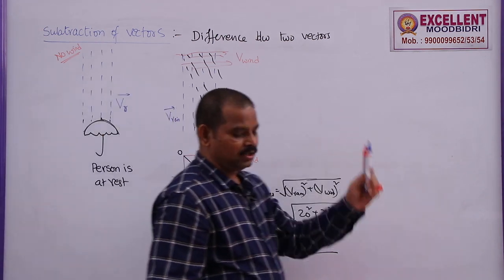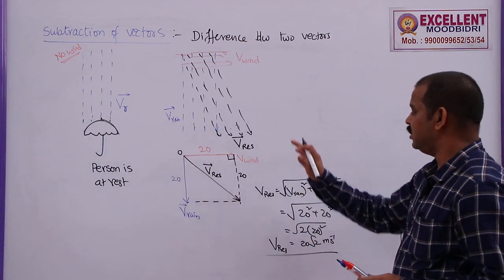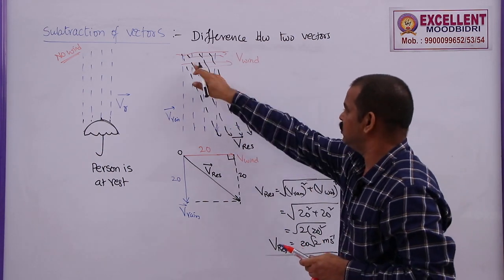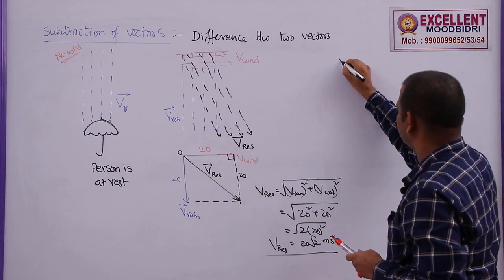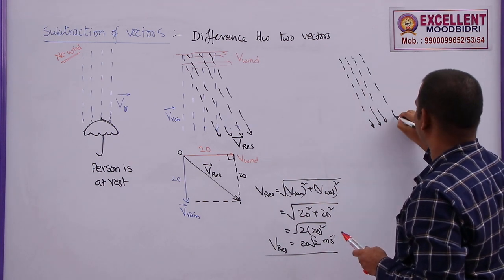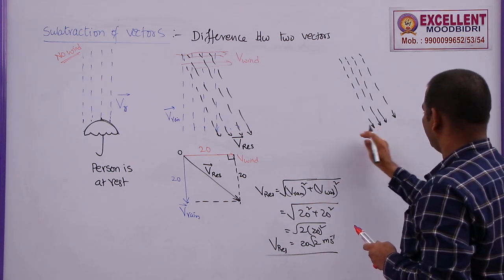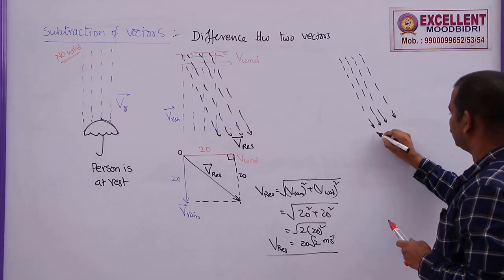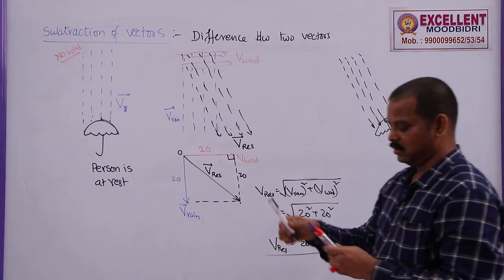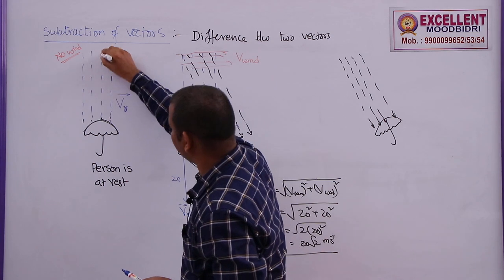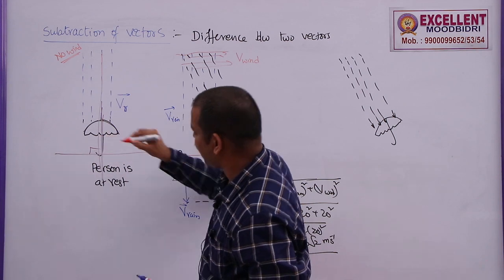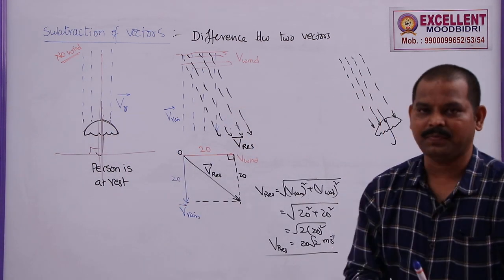Now in the same case, let us say rain is falling at an angle because of the wind and the rain. The resultant of these two is given by this one. Now let us say rain is falling like this. This is the direction of the rain. Now a person who is at rest has to hold the umbrella like this. See this one, in this case he is holding the umbrella like this, that means the stick of the umbrella is vertical, that means perpendicular to the earth.